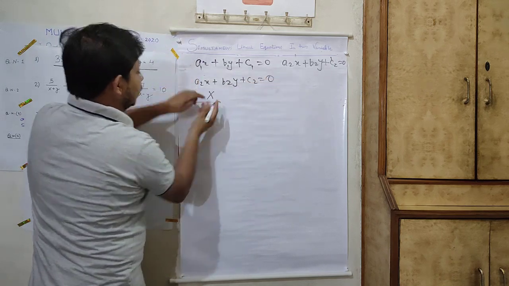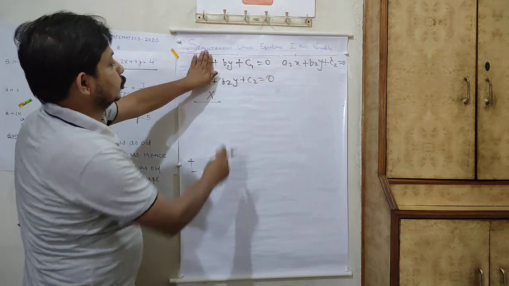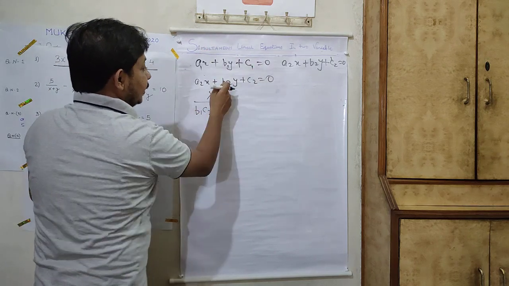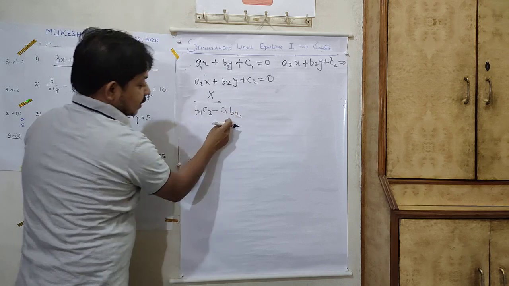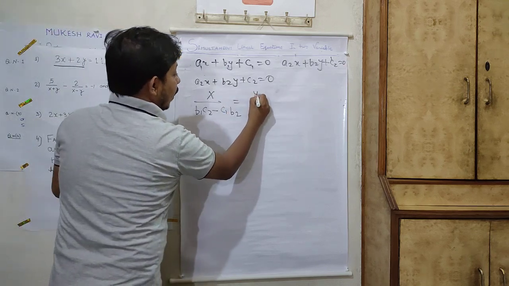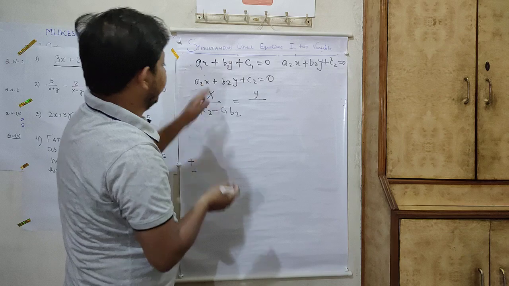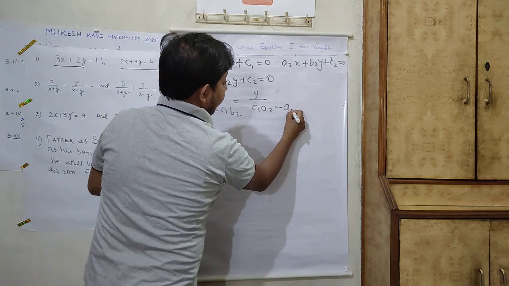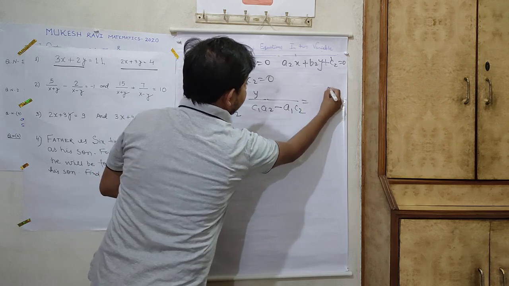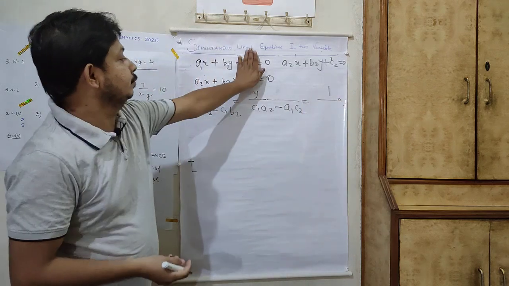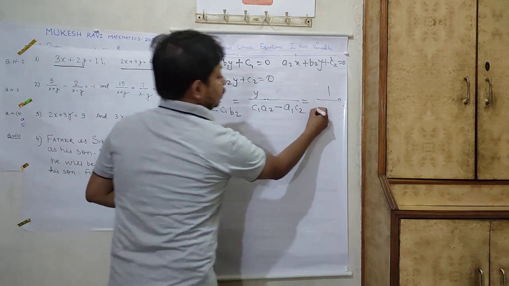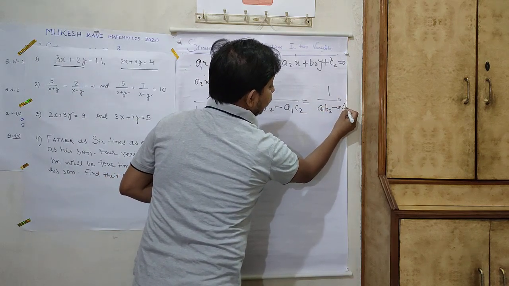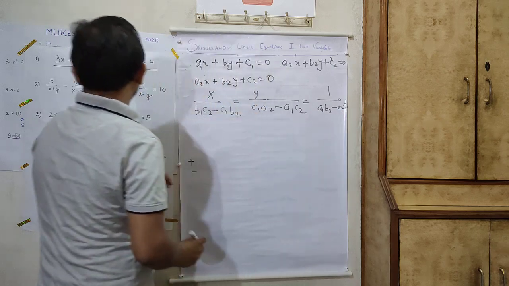Now x upon, keep your hand here, so b1 into c2, b1 c2 minus c1 into b2, vice versa, change. See, y upon, keep your hand here, c1 a2 minus, change this one, a1 c2. Very simple. And then 1 upon a1 b2 minus, change this one, a2 b1. So your question is